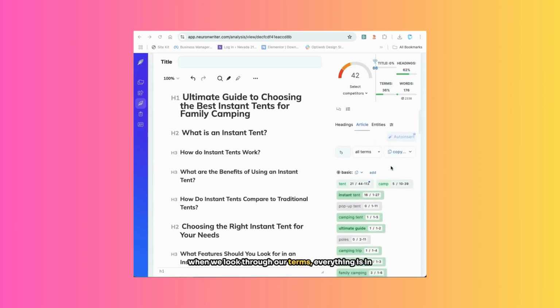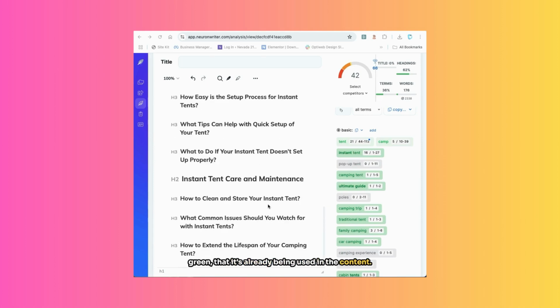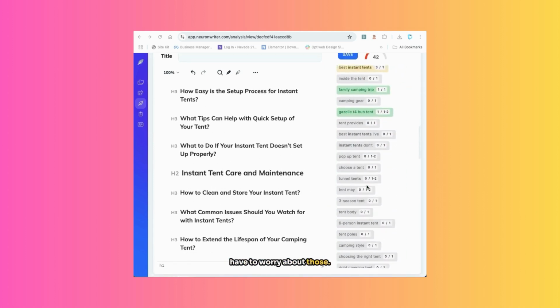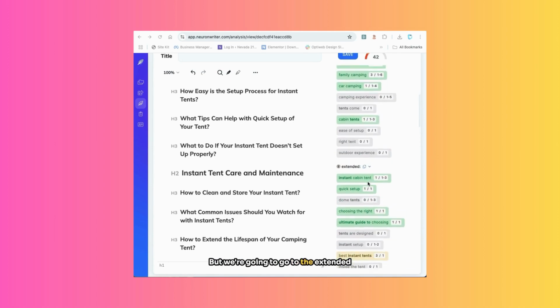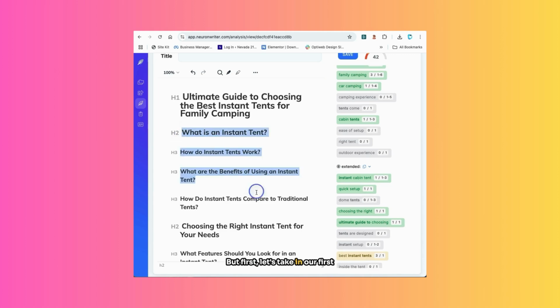So when we look through our terms, everything is in green. It's already being used in the content. So that's good. We don't have to worry about those. But we're going to go to these extended terms and make sure that these terms get used throughout the content. But first, let's take in our first section,